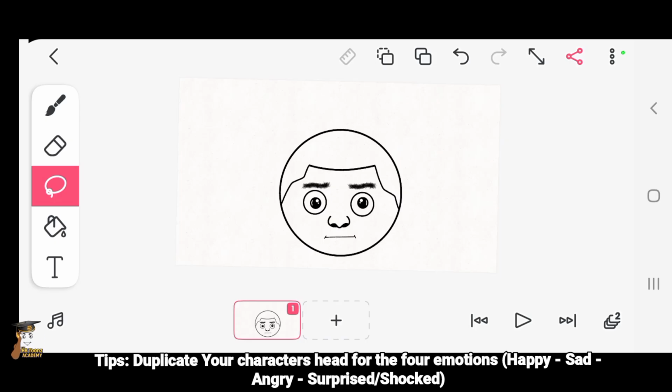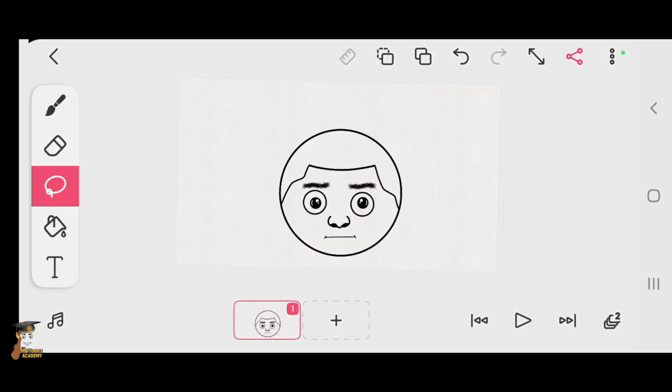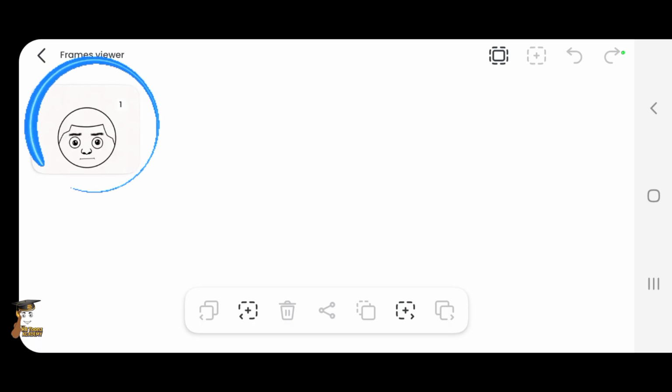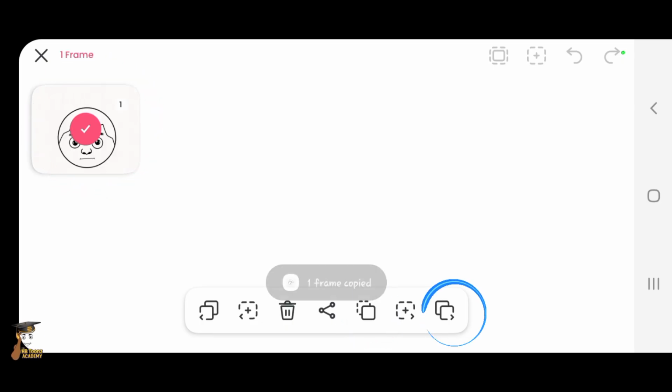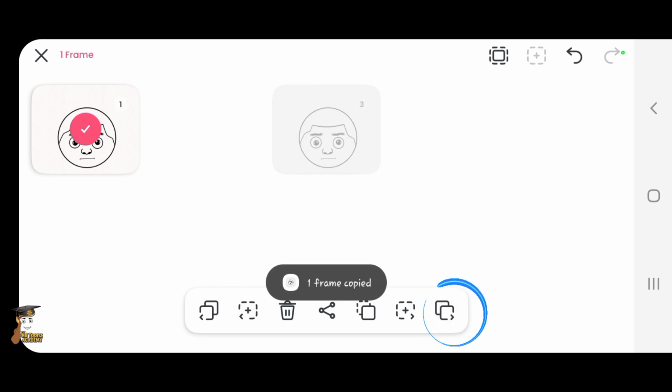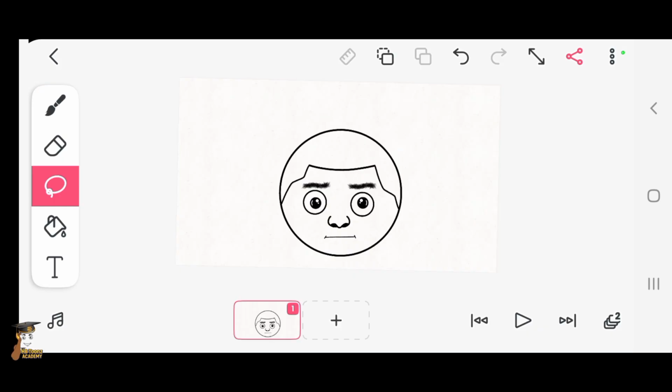So let's duplicate our frame quickly. You go click on the 3 dots, go to frames viewer, highlight, hold on to it, highlight it, then you click on the copy sign, then you paste. Now you have your 4 frames intact. So now firstly, you're working with what? The happy